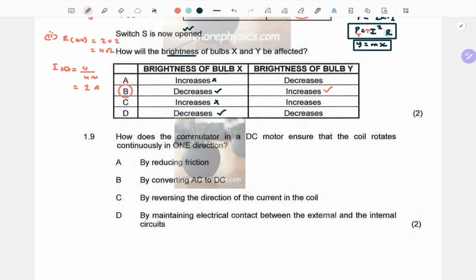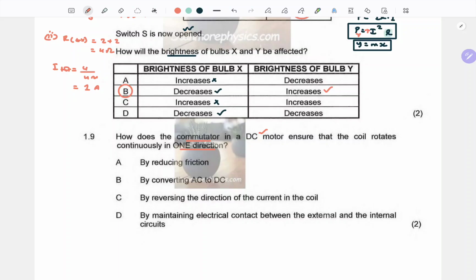1.9 says, how does the commutator in a DC motor ensure that the coil rotates continuously in one direction? It's only because the current is kept in one direction. Because remember, we know that a current carrying conductor has a magnetic field around it, right? So if the current keeps the same direction, the magnetic field will also be in the same direction. And that means this will experience a force in the same direction. And that would mean the coil would